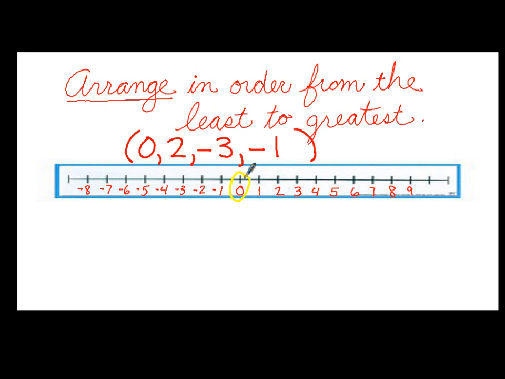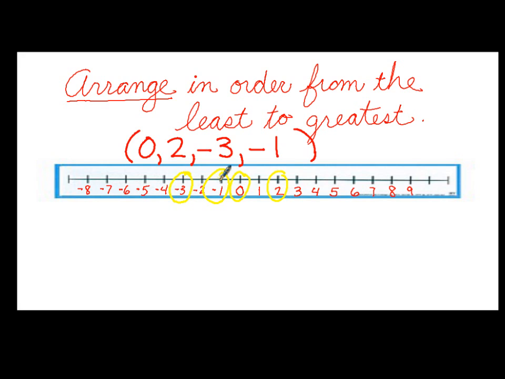We have 0, we have 2, we have negative... got to back that up. We have negative 3 and negative 1. So when we look at the number line, remembering that the numbers furthest to the left are less in value,